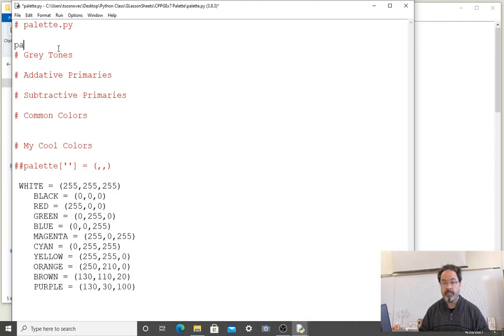We do that by making an empty dictionary first, called palette. So palette is the name of the file that contains the dictionary called palette that we'll be importing. So